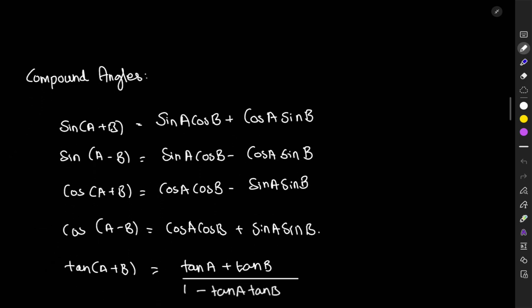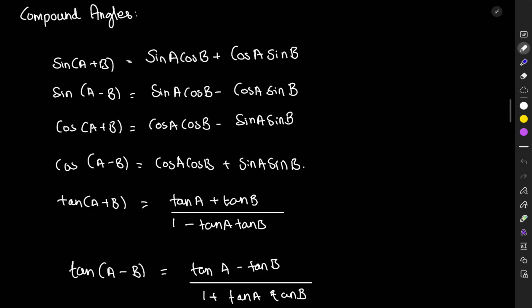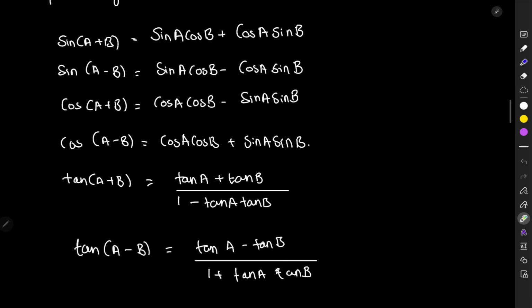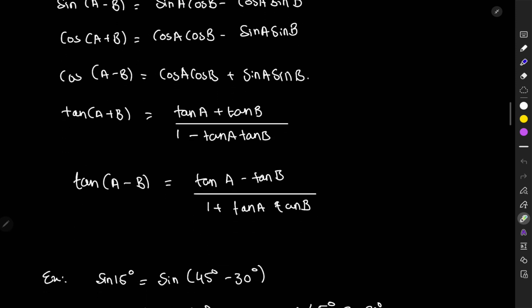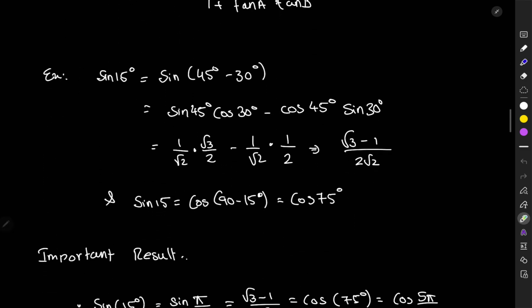Next concept, I've already written all the formulas in order to not waste time. So basically compound angles. Sin A plus B, sin A minus B, those are called compound angles. So A plus or minus B type formulas are basically the compound angle formulas. Just remember sin A plus B is equal to sin A cos B plus cos A sin B. Nothing to explain with this, just remember. And if you want to find sine 15, I can tell it's going to be sine 45 minus